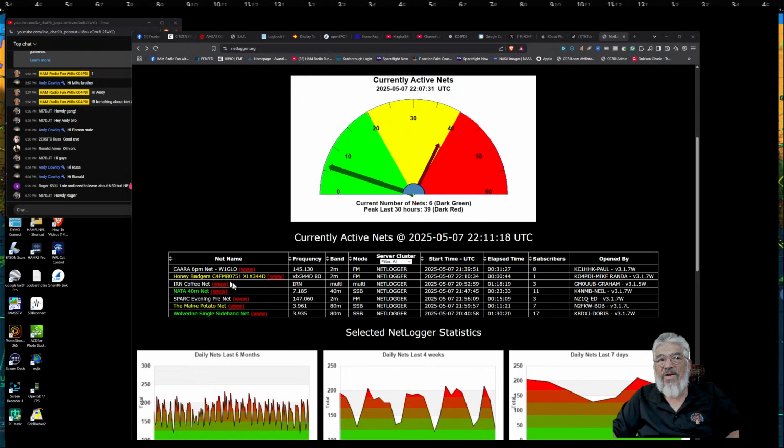Okay, so notice we are now listed right here. This is us. This is the net I just created. Now, if people can't figure out that we're on XLX room and all that, don't worry about it. People that want to be here, they'll figure out a way to get in. So I have C4FM 80751. That's the primary room. And then XLX 344D. We don't have enough room to add the FCS room also.